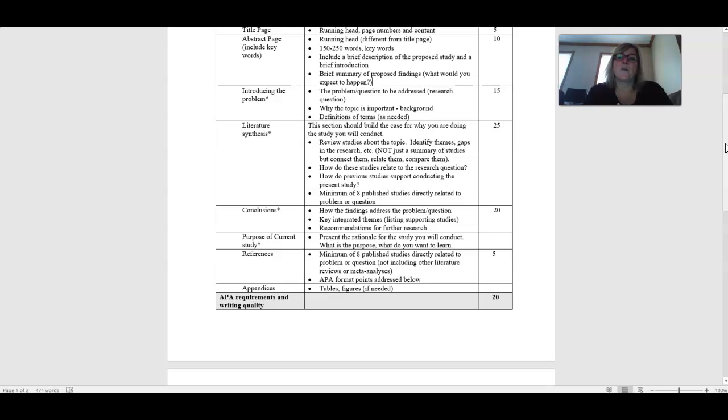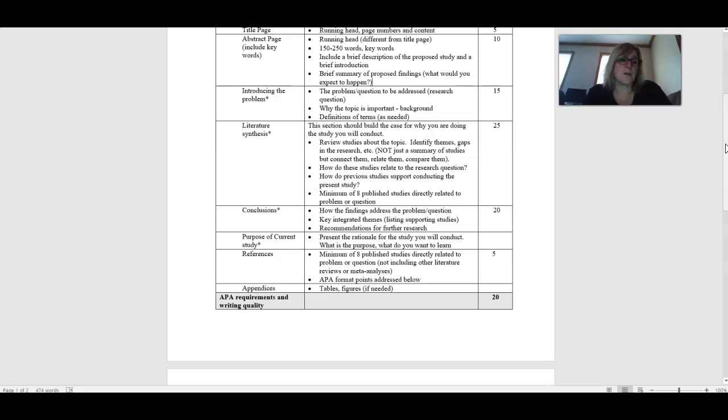So you review all the studies, identify themes and gaps in the research. It's not just about this author did this and this author did this. I don't want to see a list of individual summaries of individual studies. You have to go beyond that and really dig into what did we learn? How did these studies relate to each other? Are these findings consistent across all of the studies that you evaluated? Are there mixed